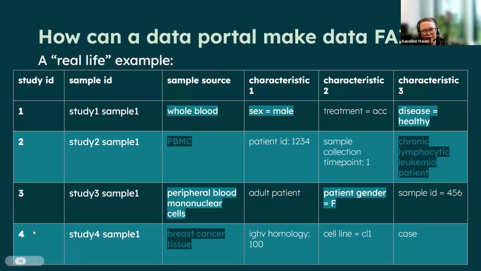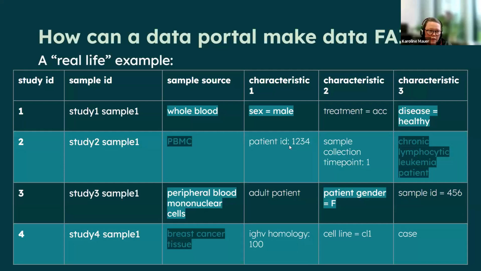When I looked into the metadata, I was quite shocked. Study ID and sample ID were all standardized, which was fine. One of the columns was a sample source, which was fine enough, but again it was not standardized, as you can see because PBMC and peripheral blood mononuclear cells are the same thing, but they are written differently. After that, everything was left to the submitter. They just said, enter something in column 1 and enter something in column 2 until you are done. And here you can see that it's not even harmonized how to differentiate key and value pairs.